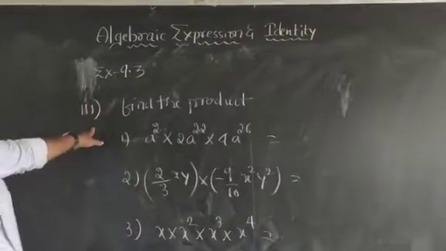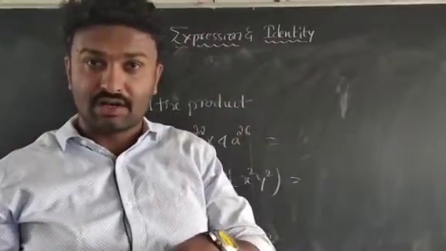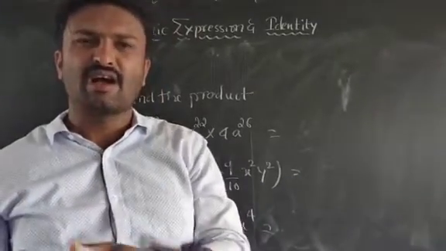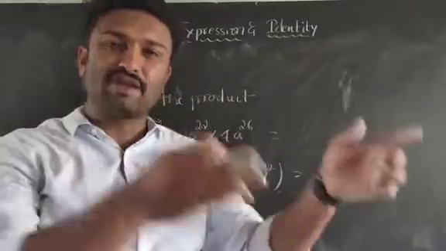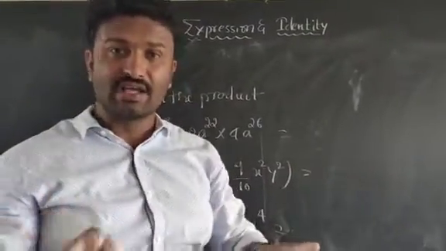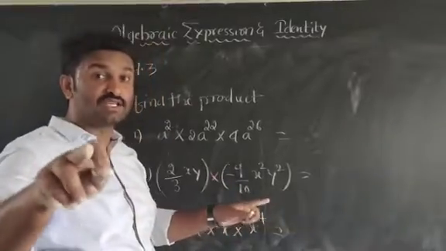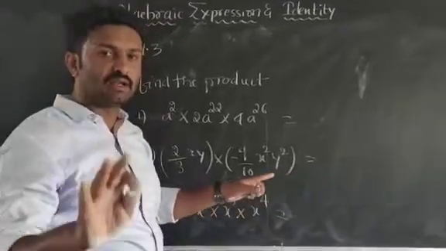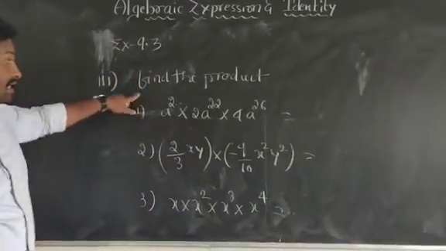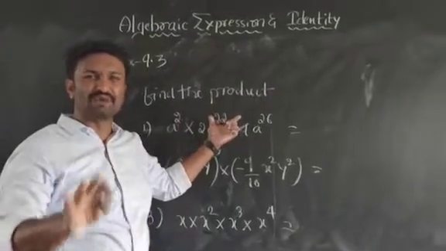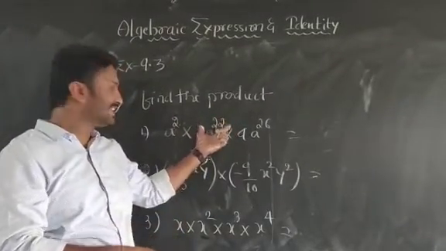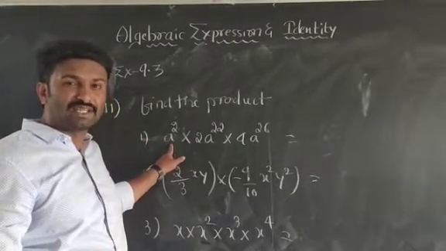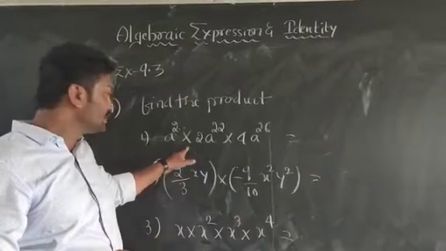Okay, this is third one. The second one, the table, we already discussed in the second exercise. The same one. Just try again, multiply monomial into binomial or monomial into trinomial. Okay, it's very simple. That's why I left the second one. You try. It's homework for you people. Exercise 9.3, the second one is a very simple table, like a very simple series. And the third one, find the product, is also very simple compared to the second one. If I give homework again, you will not do it, I think. It's a very silly problem again.